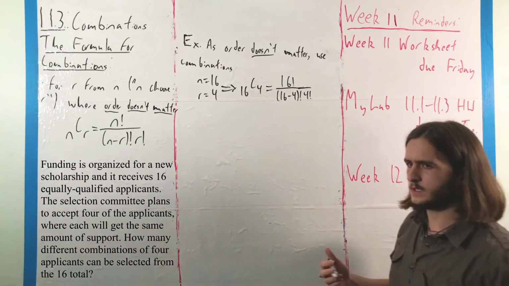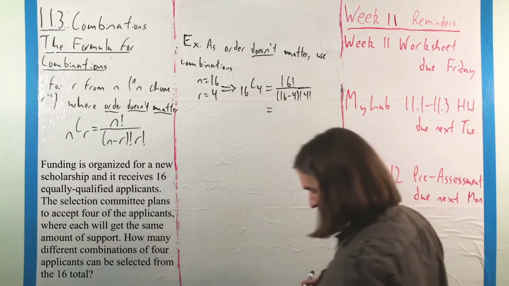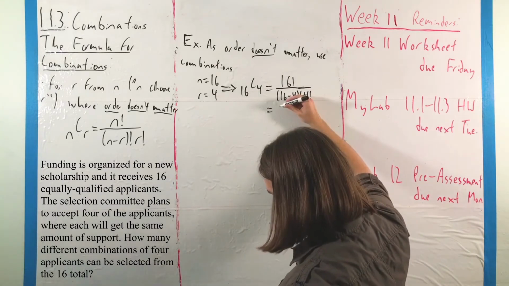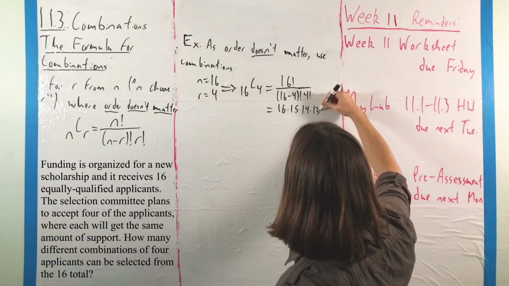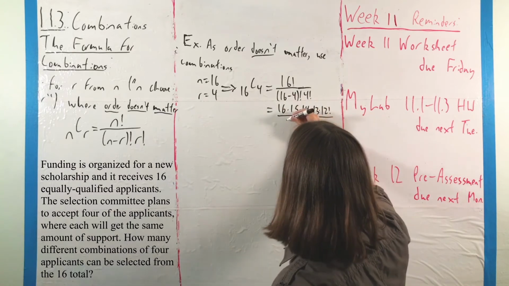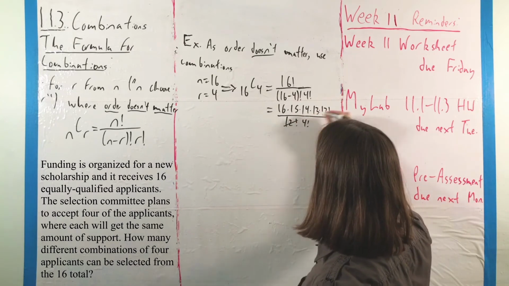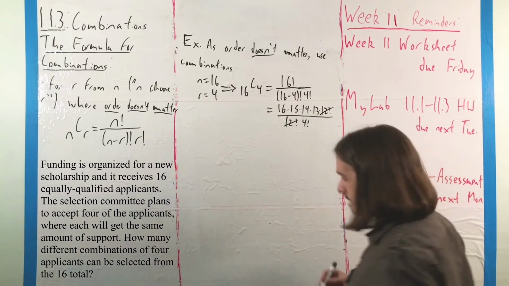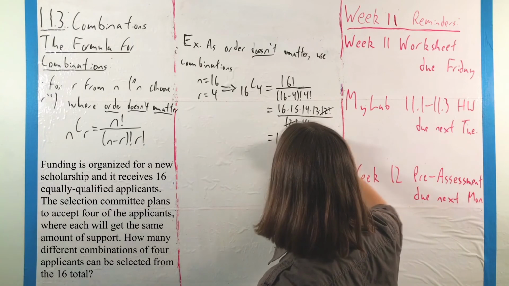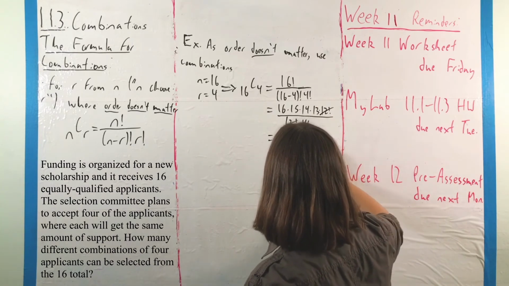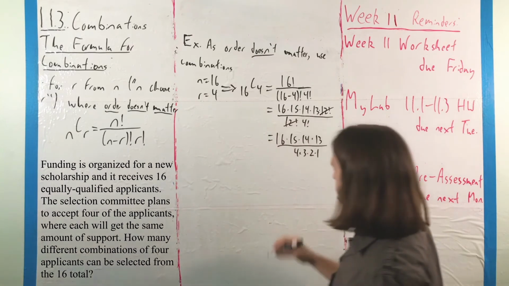Now, from here, we can do a little bit of algebra to simplify this down just a bit, where here we can get 16 times 15 times 14 times 13 times 12 factorial over 12 factorial for that 16 minus 4, and another 4 factorial. Those two will cancel out, and what we're left with then is 16 times 15 times 14 times 13 over 4, I'll actually write that bottom part out too, times 3 times 2 times 1,